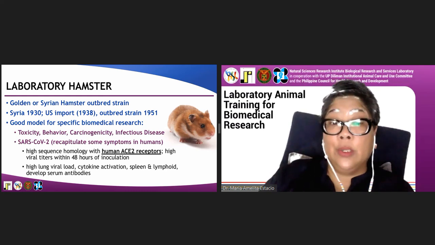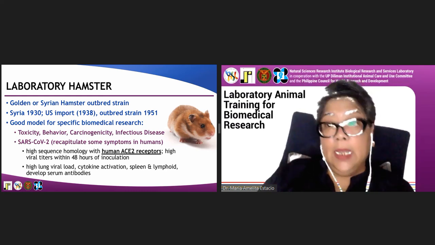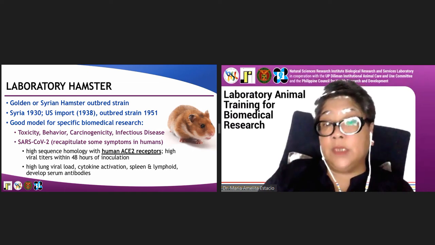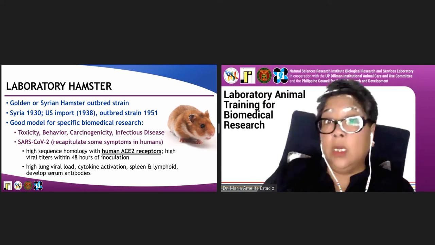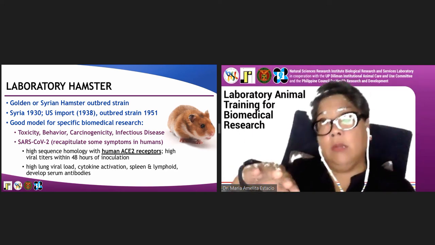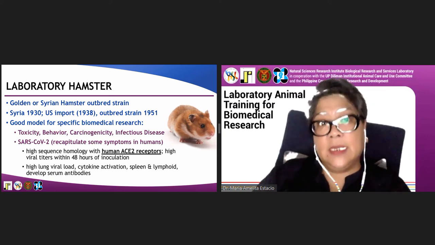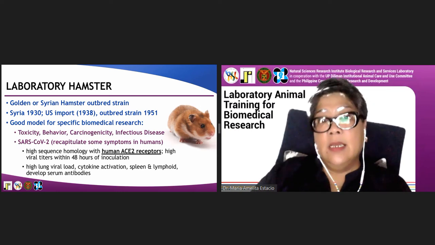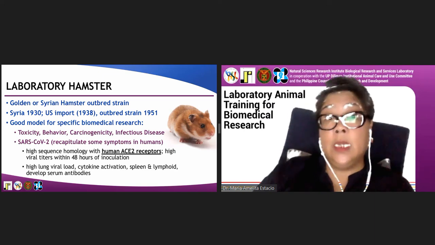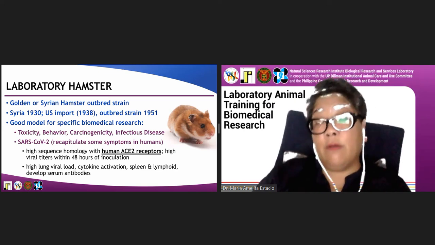And they also mimic the clinical symptoms or the pathology such as cytokine activation, spleen and lymphoid involvement, and they develop serum antibodies. So before going into non-human primate testing of the COVID vaccines, they use these laboratory hamsters for COVID, SARS-CoV-2